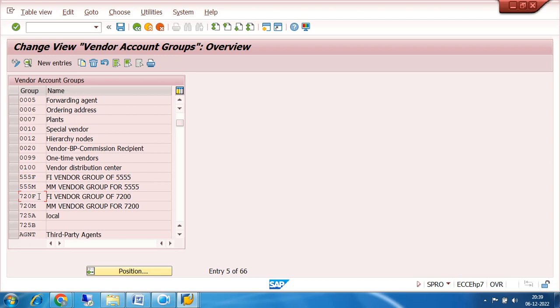I have made two bifurcations, not more than two, because there are some vendor bills which come directly to the finance department without the involvement of any other department. So I can call them FI vendors, right? And there are some vendor bills which do not pass through the finance module. That comes through the material management module. There are some vendor bills which always first go to the material management department